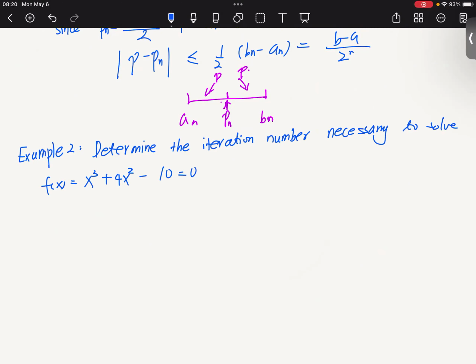This is our function f(x) equals 0. The tolerance, the accuracy, is 10 to the negative 3, and we are using the initial interval